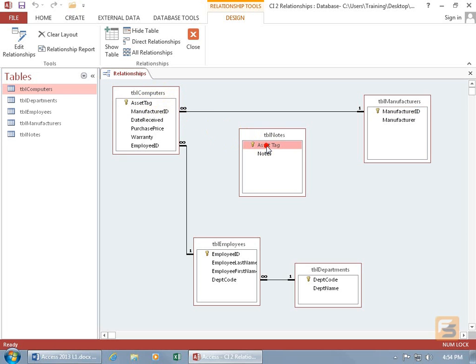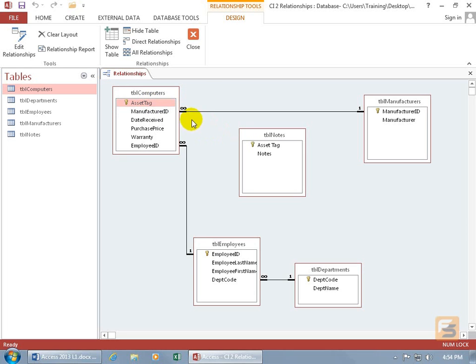Now when it comes to relationships that are one-to-one, like the computers with the asset tag to the notes with the primary key field there, then it becomes critical to find out who's the aggressor or the one that extends their hand in this relationship. If I drag, in other words, the primary key field from the computers table over to the notes, then the asset tag from the computers becomes the value setter. It'll still say one-to-one between the two,